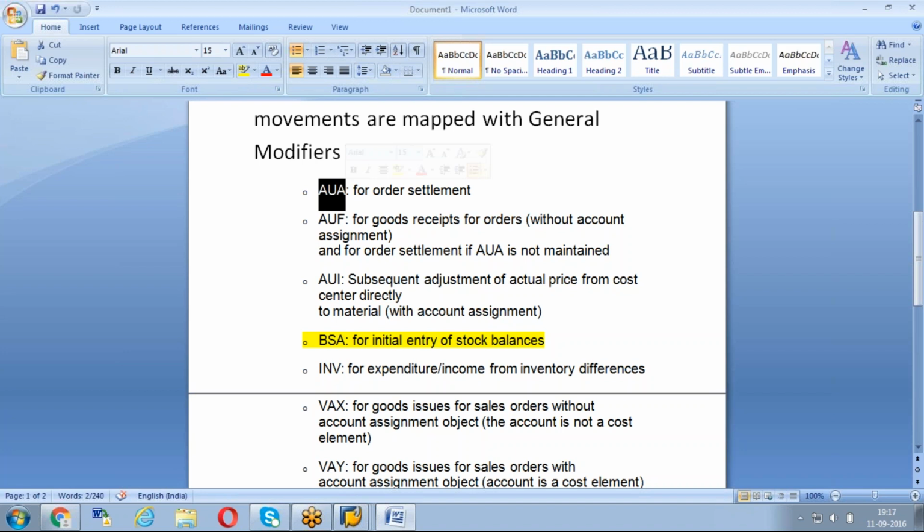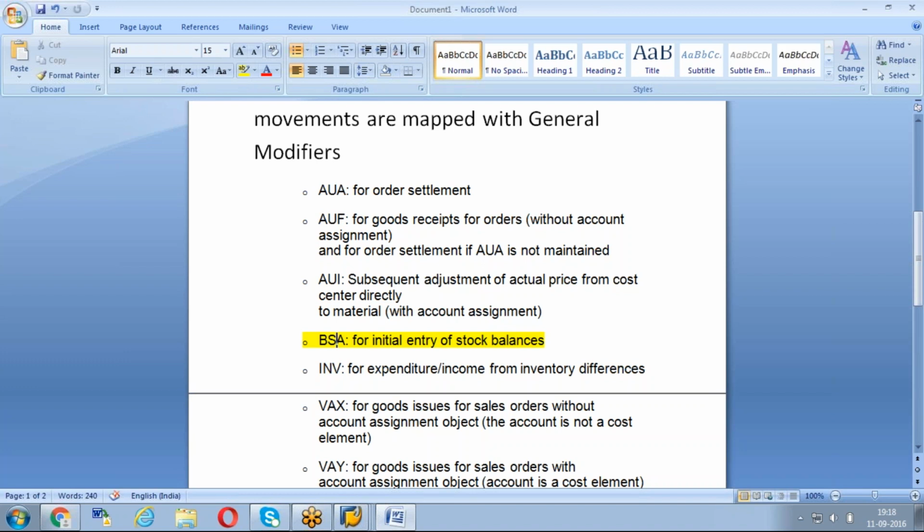Now, you have at least answered 50% of my question so far, because when I went through this document of GBB two years back, it was giving me the general modifiers and I thought that this is also for the other keys, transactions. No. But now at least this is only for GBB, because the example was given for GBB. You have already answered 50% of my question, that now I should only concentrate on GBB for this.